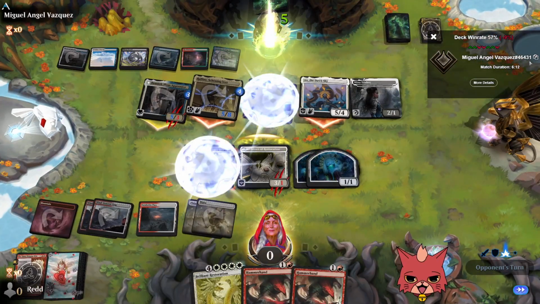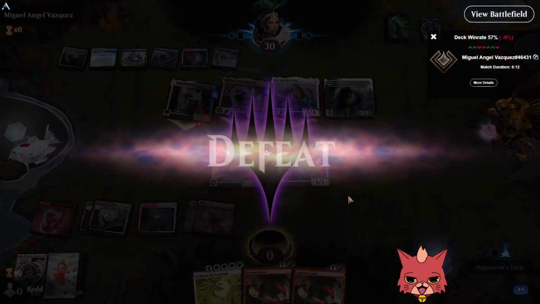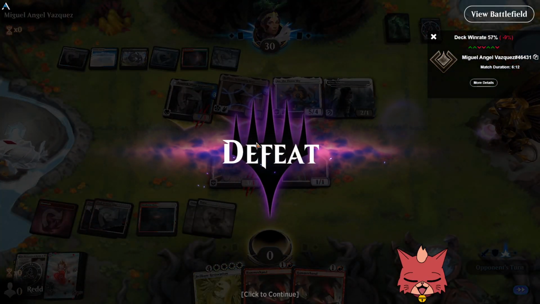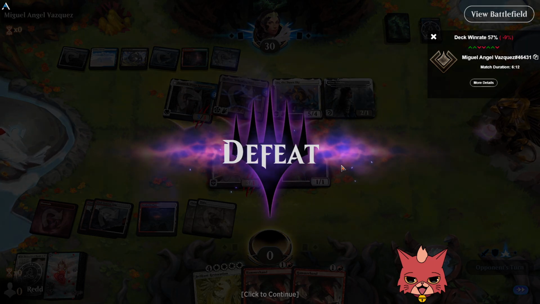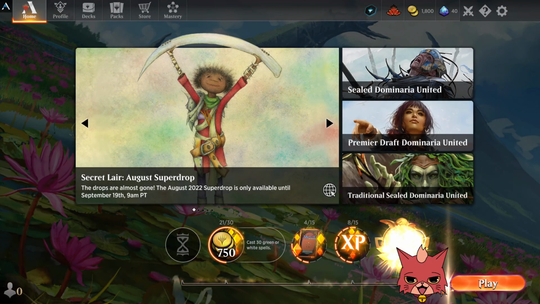57% total win rate so far for the build. Not too bad, honestly. We got picked apart there. Not being able to actually touch anything in the grave was brutal. And then, of course, Danitha just ate that counter spell too, so...